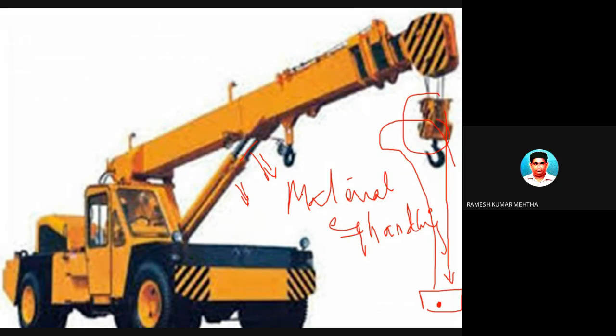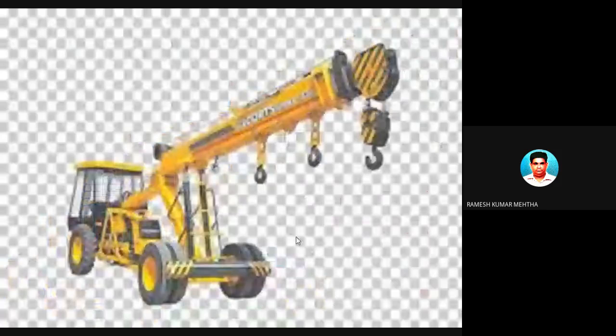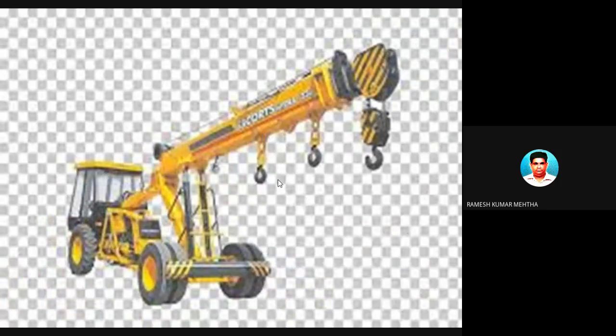Okay, so this is another material handling equipment which is used in construction or heavy machinery, lifting of heavy machinery, etc. And you can see there are so many big companies which are manufacturing this material handling equipment. And the tires which are used are also different types of tires. The ordinary tires which are used in a car or a jeep or an automobile are not used. Different types of tires are used.